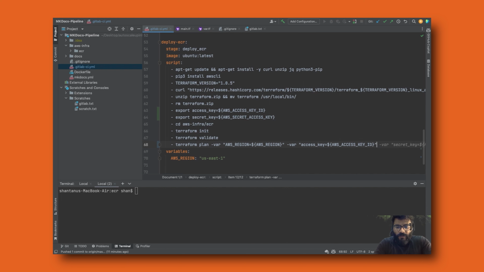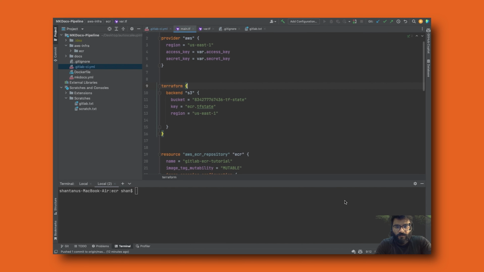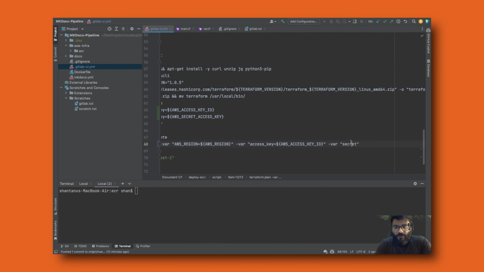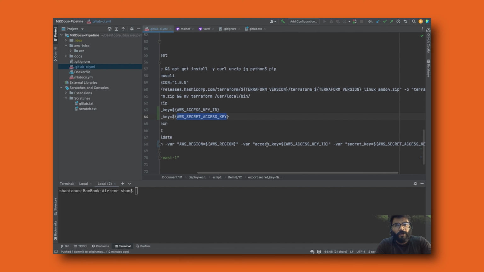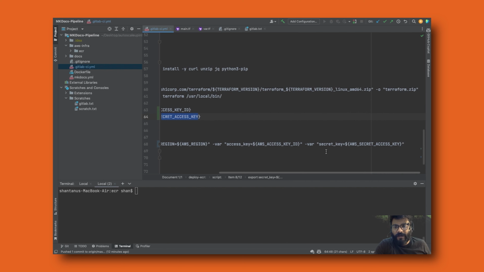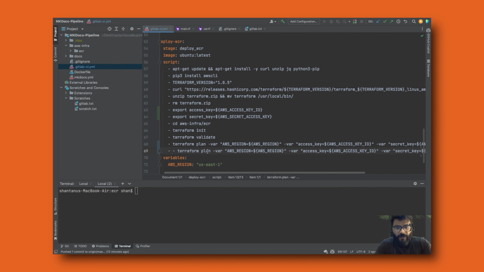Alright, and then -var. Similarly for the secret key as well, which we have defined over here: secret key equals AWS access secret key, which we can pick up right from here. This way we have defined the plan, and then similarly we can do the apply as well. I'm going to copy this one